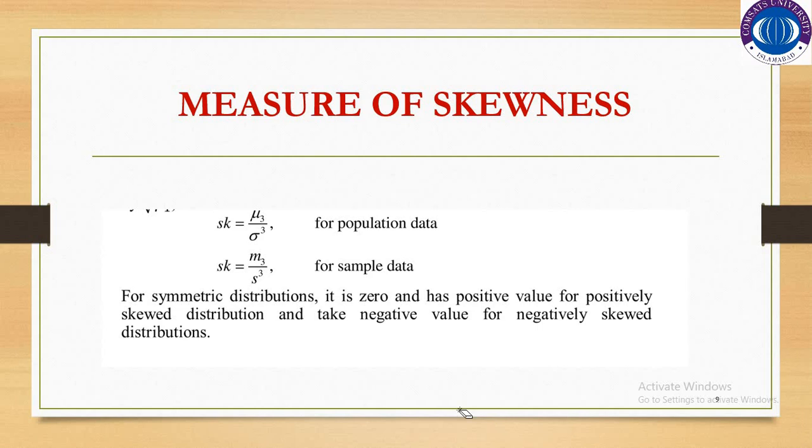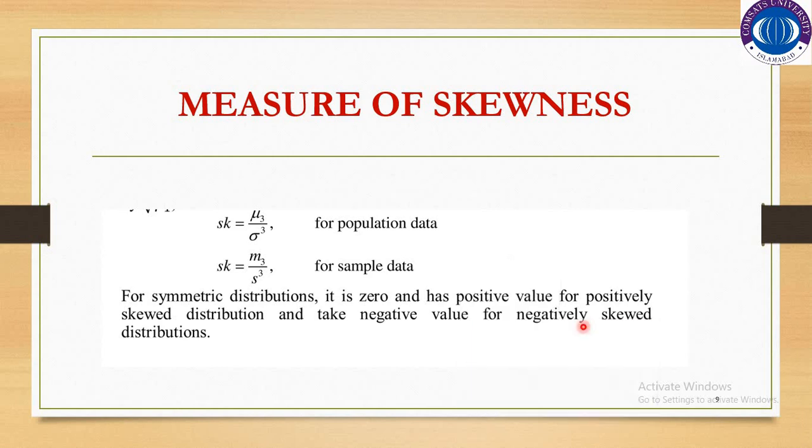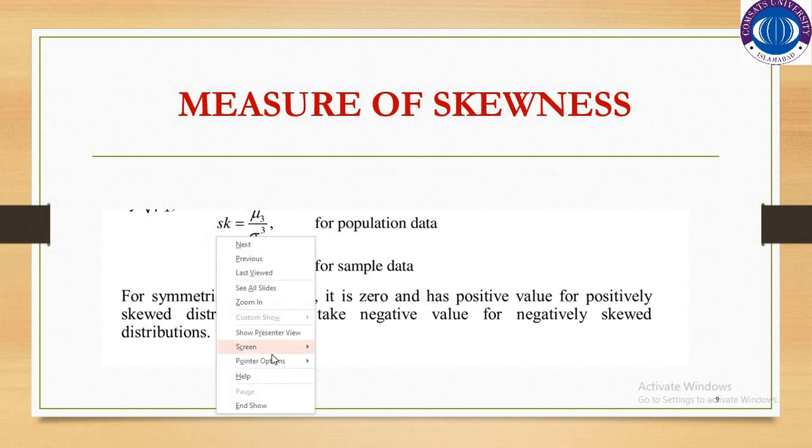So how do we find the measure of skewness? To calculate whether the data is skewed or not, because you are studying descriptive statistics and highlighting the main features of data, you have already found the central value of the data, and you already know the dispersion of the data. Now you need to find the shape of the data. Either it is symmetric or it is skewed, and if it is skewed, it is positively skewed or negatively skewed. For this purpose we use the coefficient of skewness,